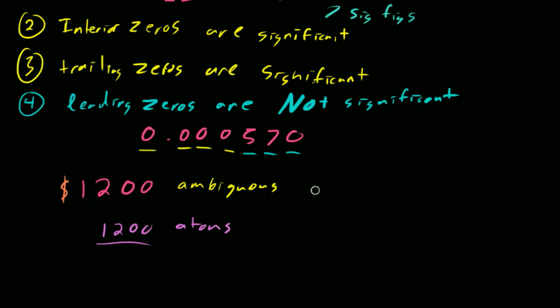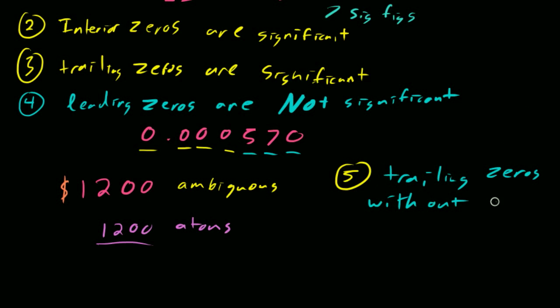ambiguous. And I guess if we were going to talk about this being a rule, I'll call this rule 5, that we would say that trailing zeros, if there's no decimal point, like in a figure like this, are going to be ambiguous. So let me write that down. So trailing zeros without a decimal point are